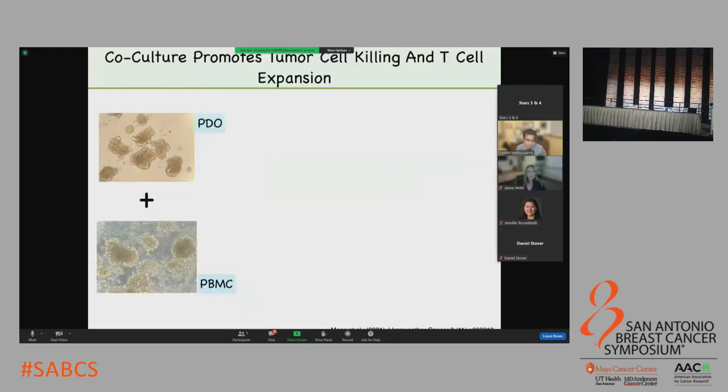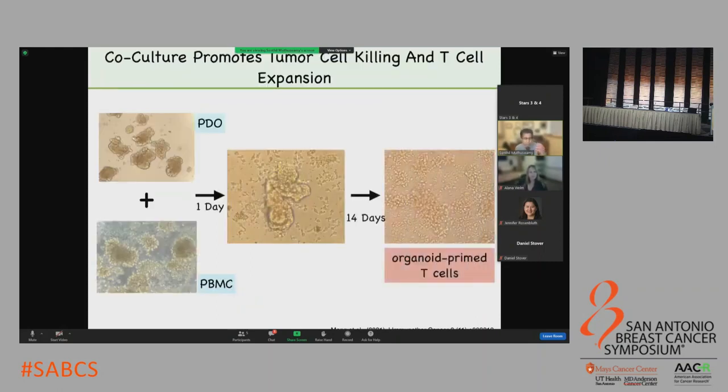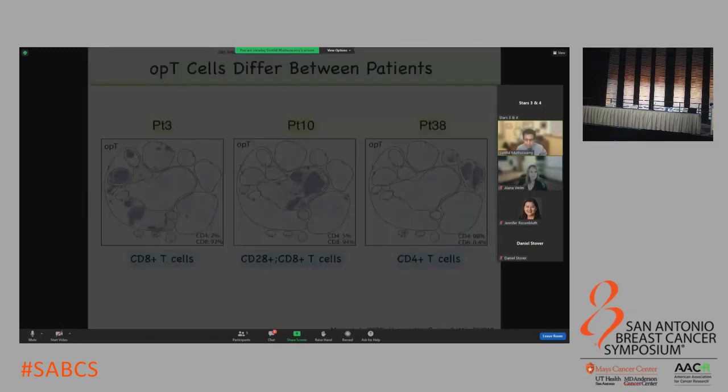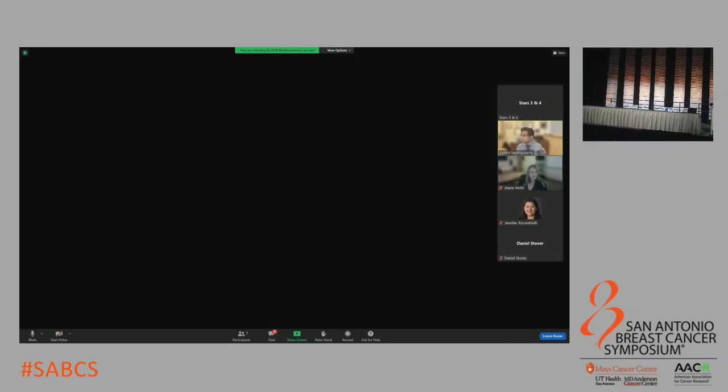Now, the platform works beautifully. You can take organoids combined with PBMCs from the same patient. In about 14 days, a population of T cells can attack and kill the organoid, and in the process, they also expand. And when we analyze these organoid primed T cells by CyTOF analysis for surface markers, what you will notice is that many of these tumors, every patient has its own,